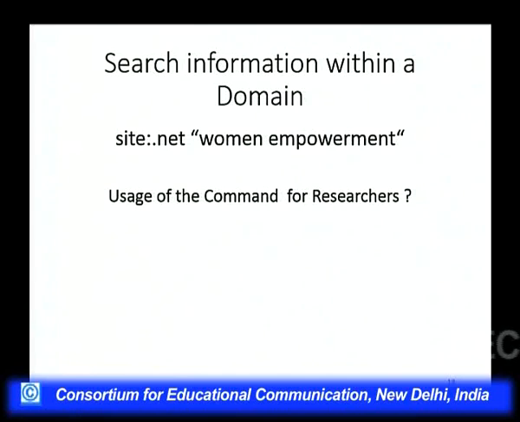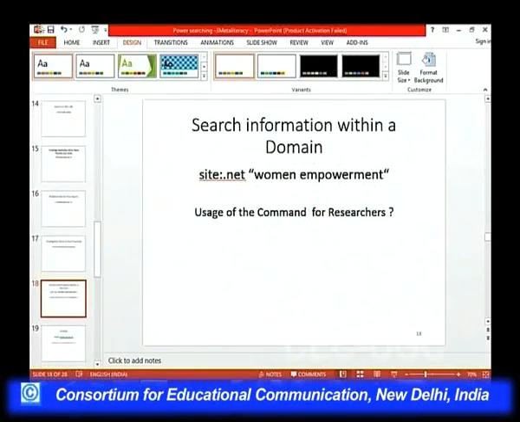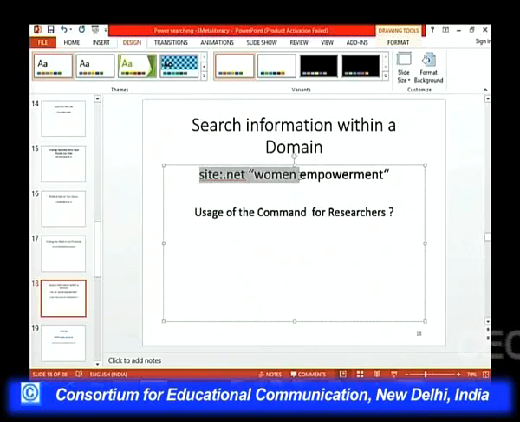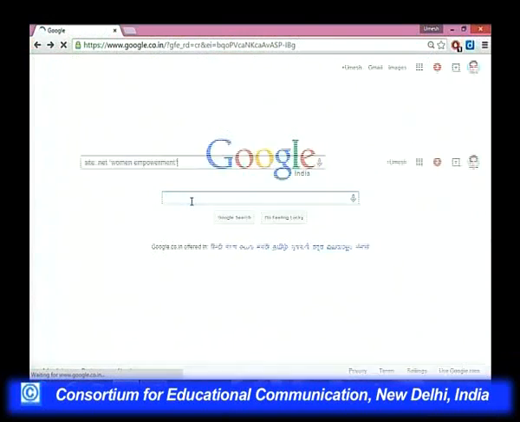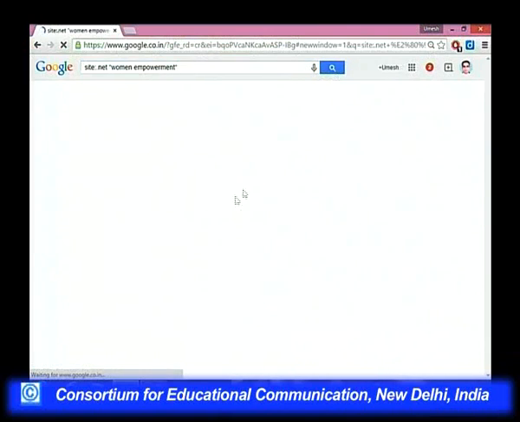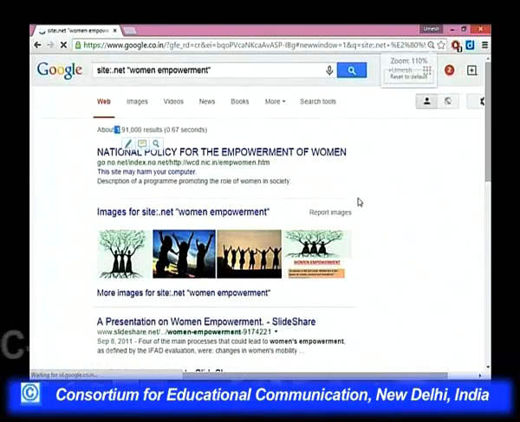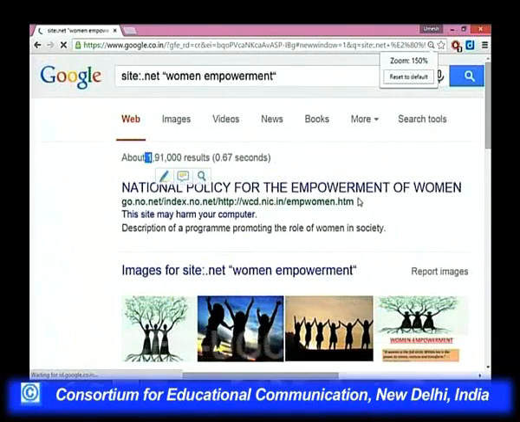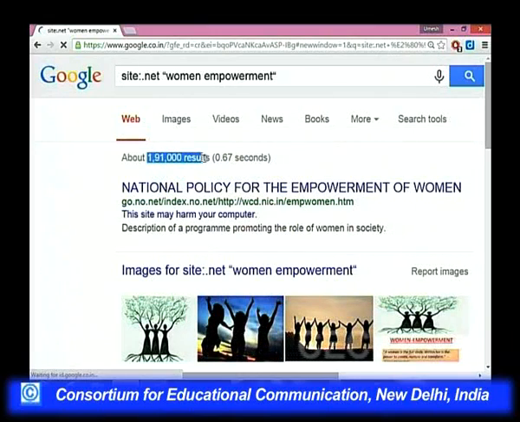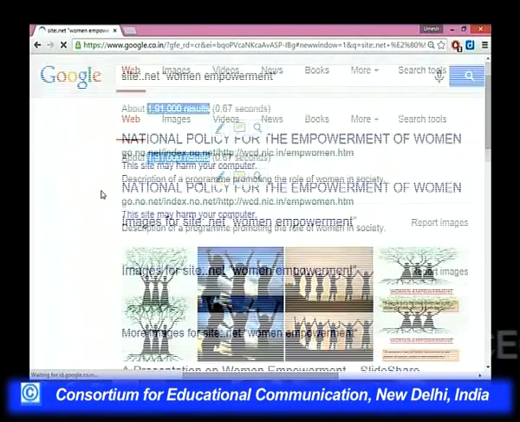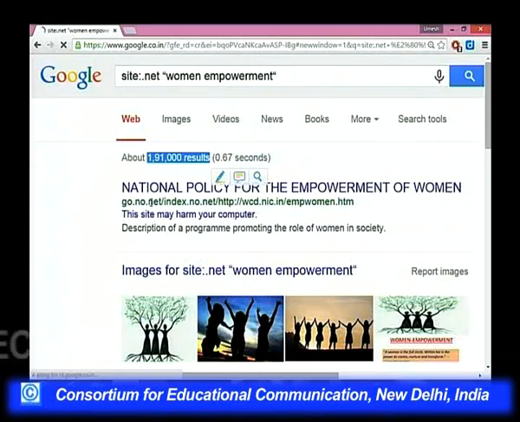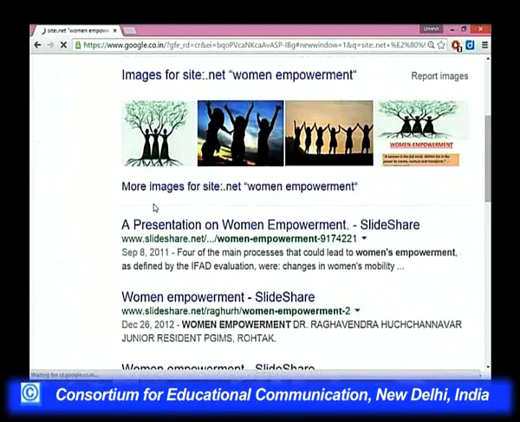Now, if you want to search a particular domain, that is site colon .net women empowerment, I will demonstrate it before you by copying this and placing it in Google, and it will tell you that there are 1,90,000 results for it, and see, it is only searching the .net websites like this one.